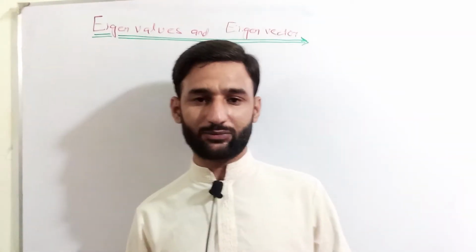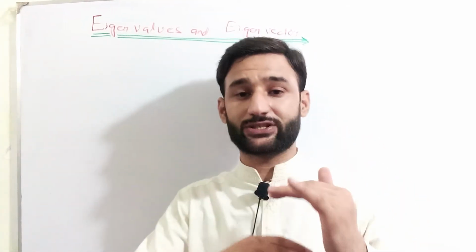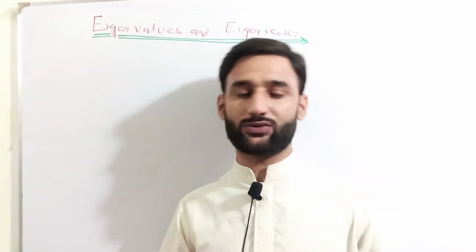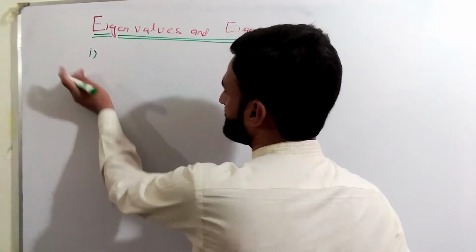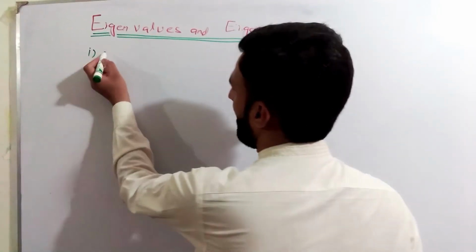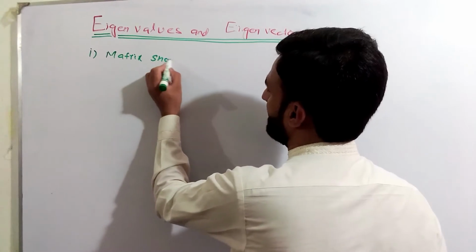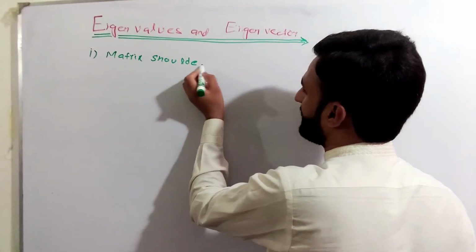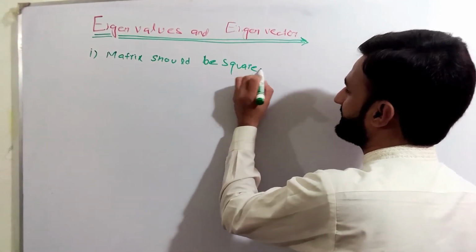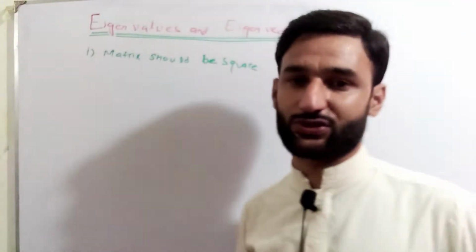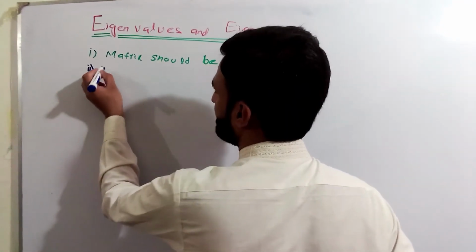Before starting the lecture, I'm going to write some steps. What is the basic step? What are the basic necessary conditions to find the eigenvalues of a matrix? Number one, for example, you have a matrix. The first condition for eigenvalues: the matrix should be a square matrix. Right. Number one condition, the matrix should be square. Right. And number two step, to find